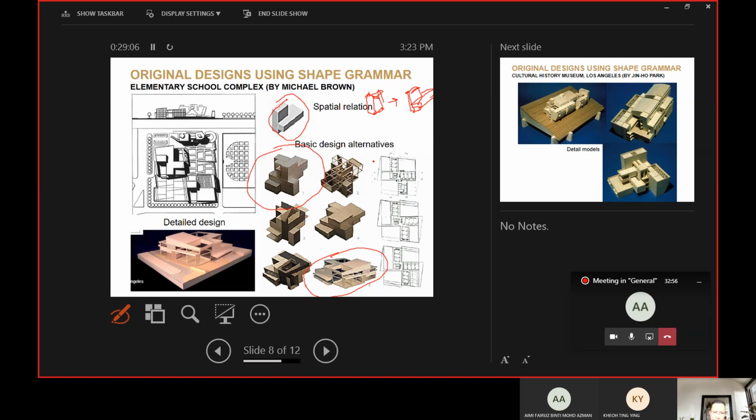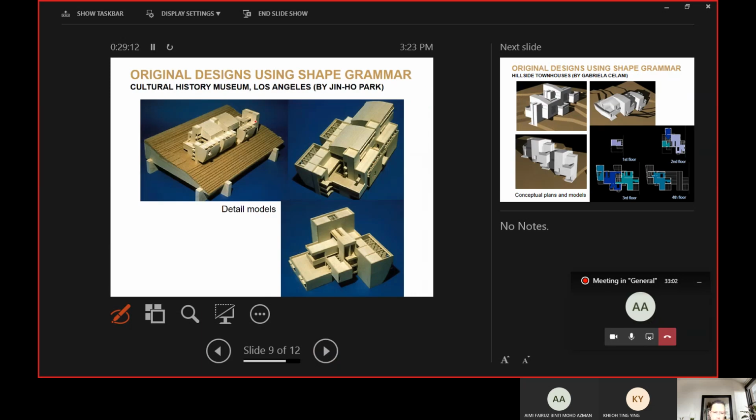Okay. So another example, Cultural History Museum, Los Angeles. Right. I believe this design uses two different shapes. Okay, so I think probably just like the other design that I've shown earlier, maybe initially the designer actually used boxes, right, like this, and then maybe a smaller box like this. Okay,